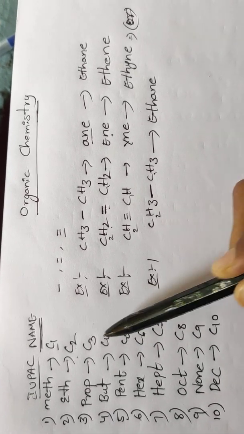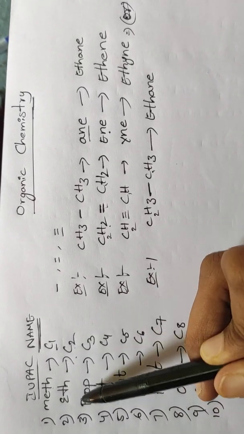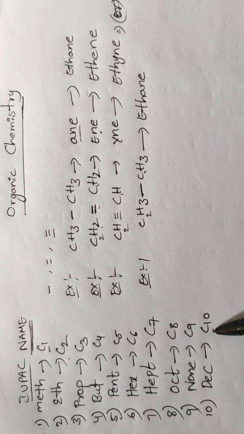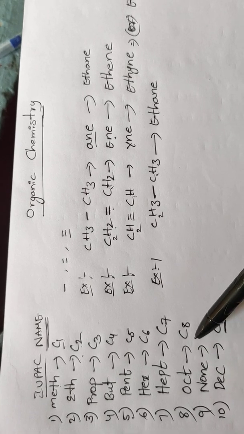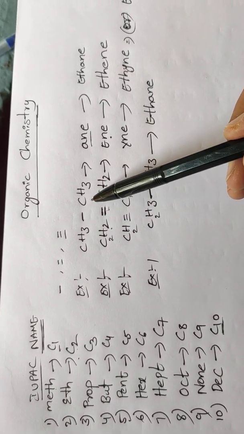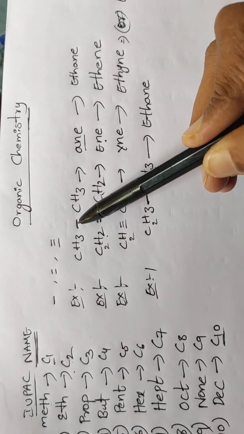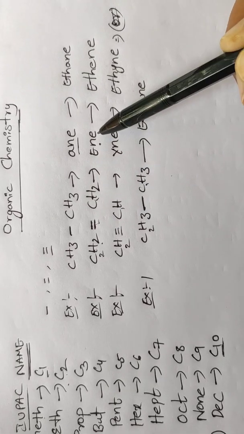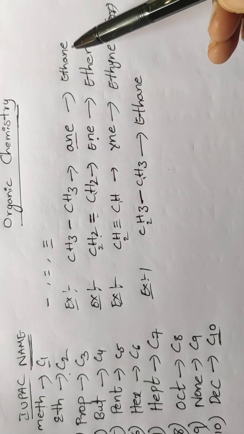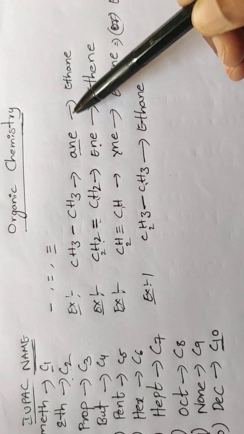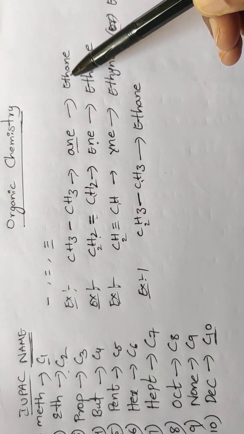So students, now for giving numbers to carbons, if you have one carbon, we call it meth. Like this, 2 means eth, like this till 10. We need almost up to 10. Next, after numbering the carbons, if you have a single bond, double bond or triple bond, how to give IUPAC names: single bond means ane, double bond means ene, triple bond means ine. If you give the IUPAC name for this, 2 carbons are there, and a single bond is there, so it is called ane, ethane.